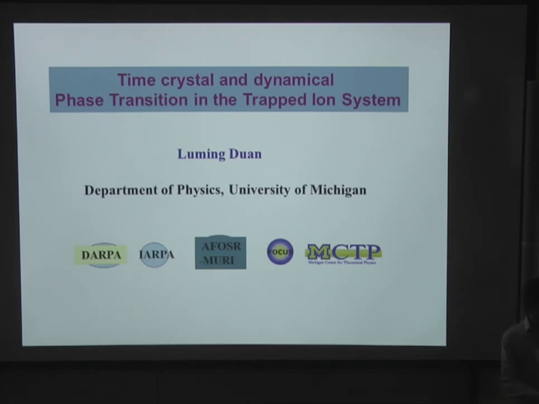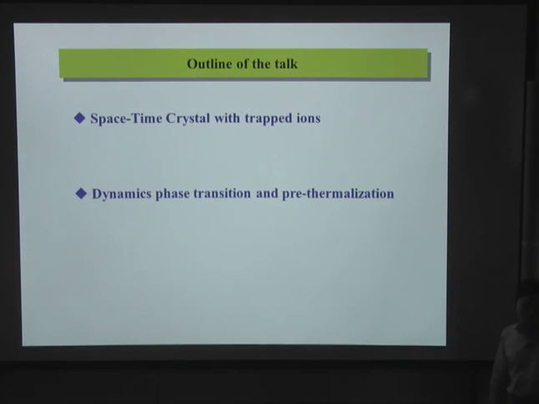In this talk, I want to show some more exotic applications of these trapped ion systems. And I will focus on two examples. For the first example, we want to see that with trapped ions, we can realize the so-called space-time crystal. The time crystal is actually a recently proposed, pretty controversial concept by Frank Wilczek. And we will see that the trapped ions at least can realize this kind of exotic state of matter at